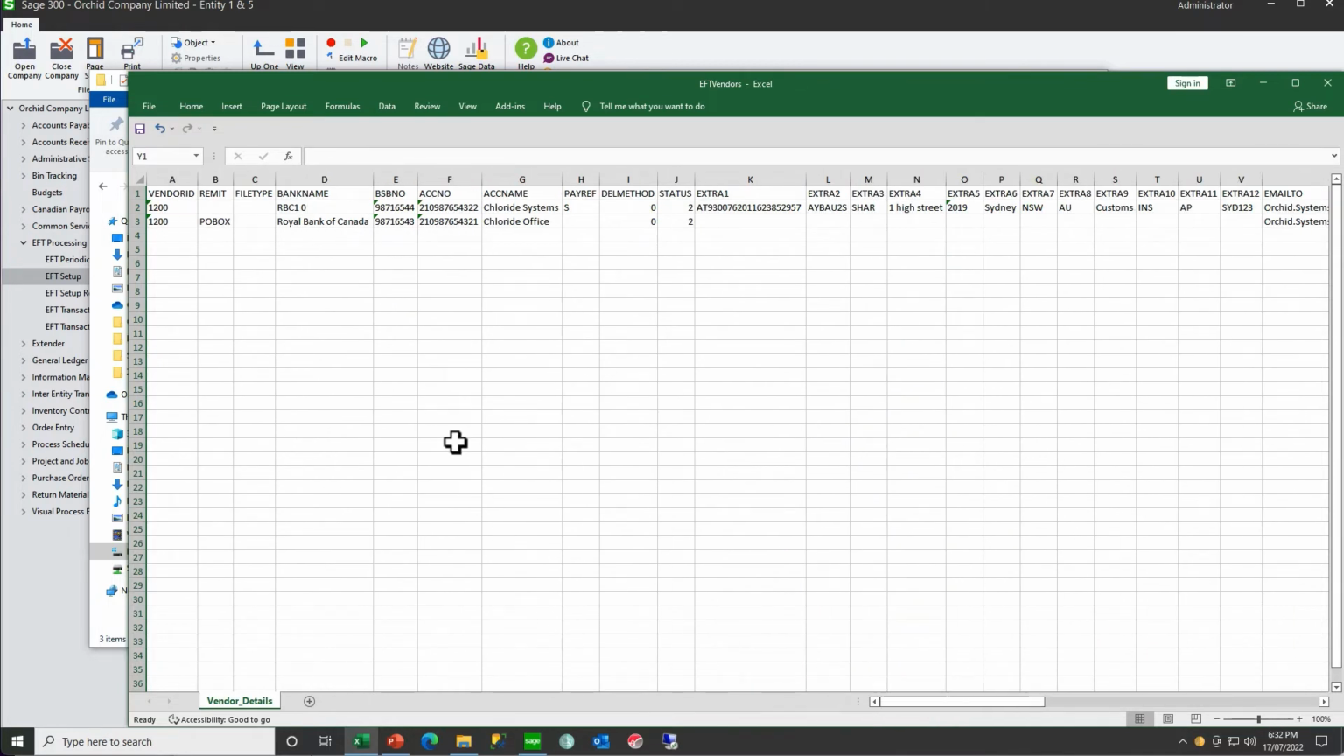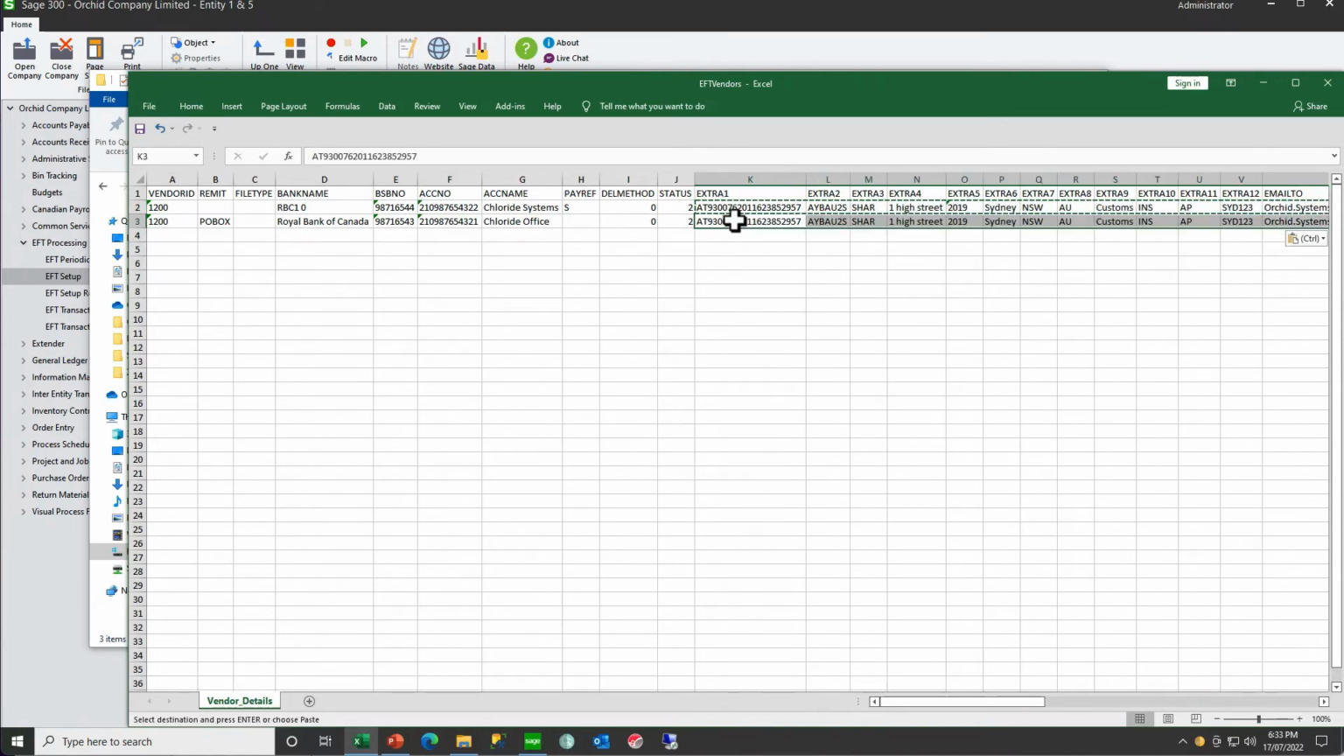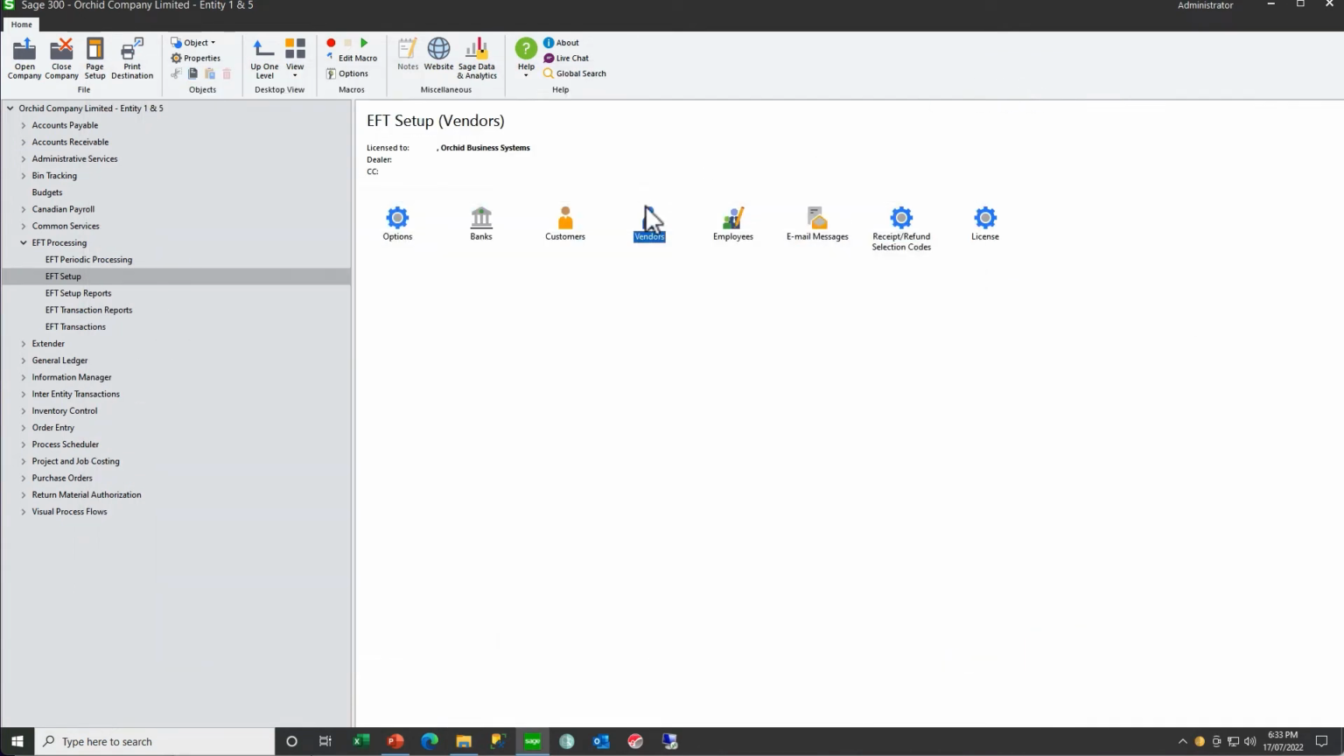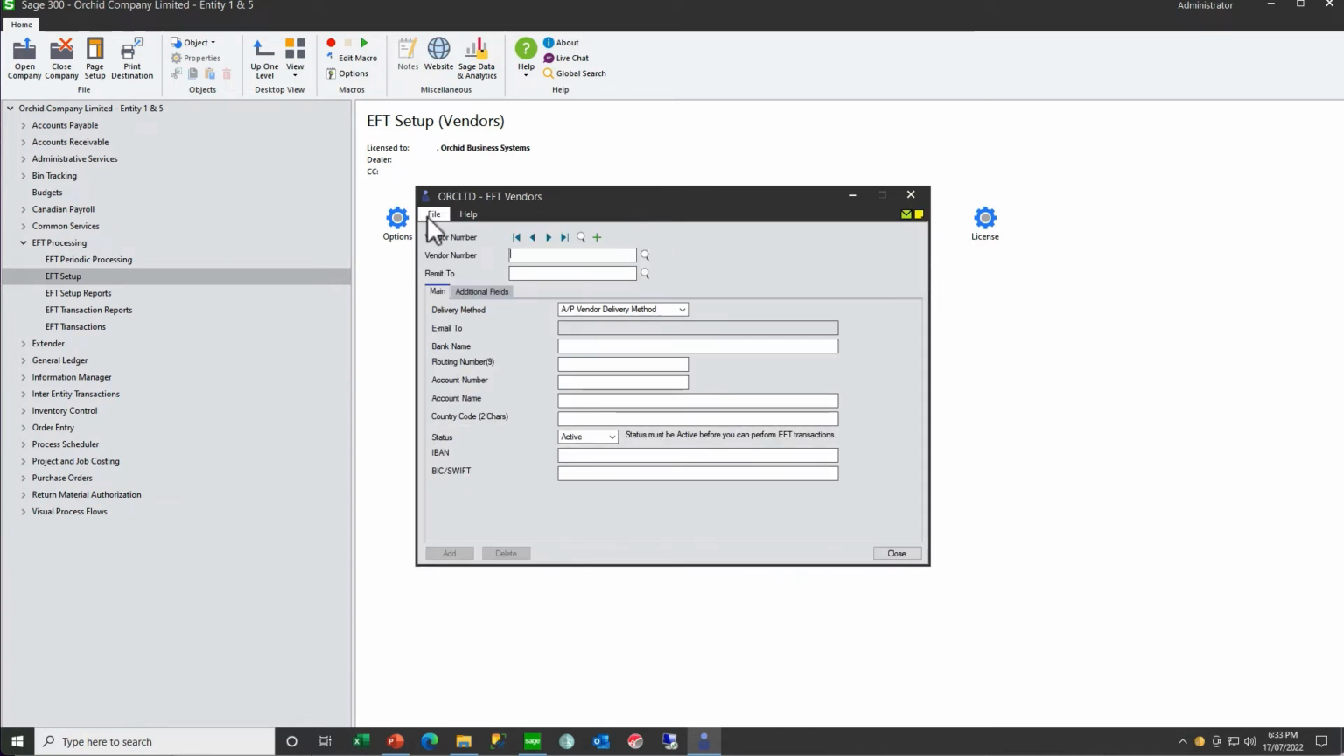So once you have your template, you would fill it in for all your other vendors with their details. This is the unencrypted branch number and account number. You'd fill them in and then go file import. So let's just copy these here. And save. And then back in our EFT vendor, if we import,